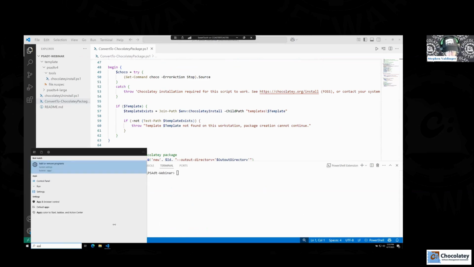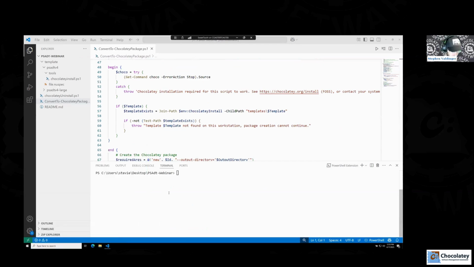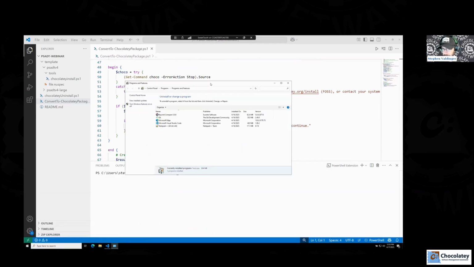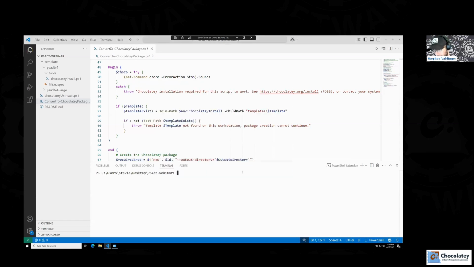If I run appwiz.cpl and we look at programs and features, I don't have 7-zip installed. So now what we're going to do is say choco install 7-zip -y, and I'm going to explicitly provide the source, and I'm being lazy and using -s. I could say source equals, and then do that deconverted directory like this,